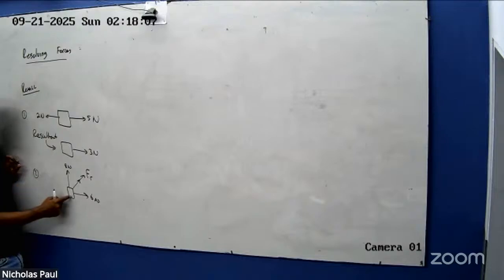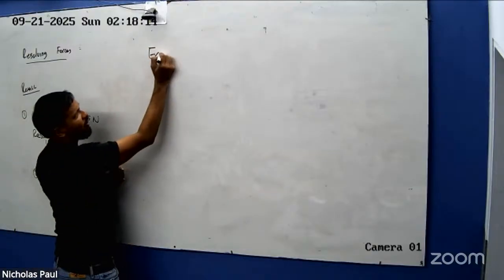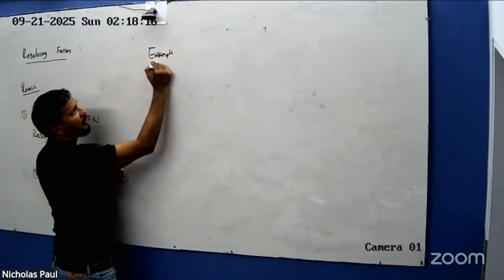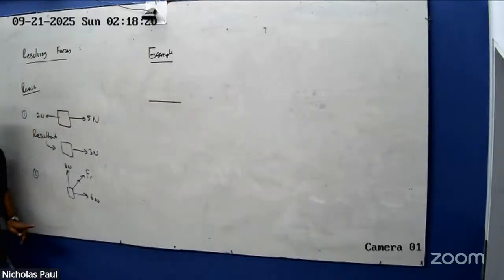What you can do? How you can find this? We can use the trig ratios, right? So let's just make sure you all remember how to do that. So we have a 6 Newton force. Remember in CSEC physics, we used to use something called